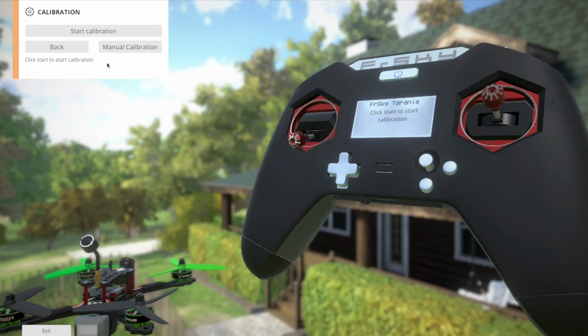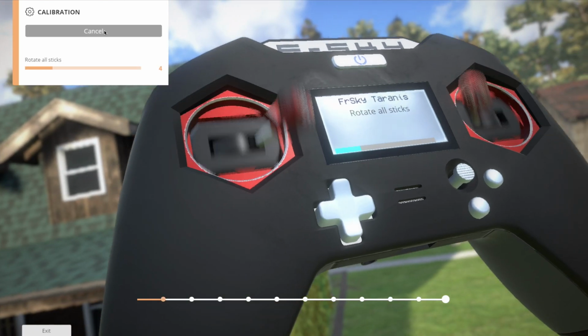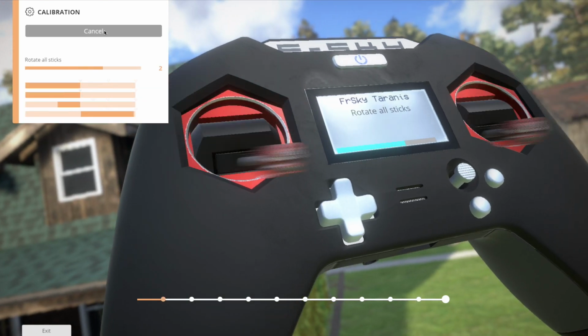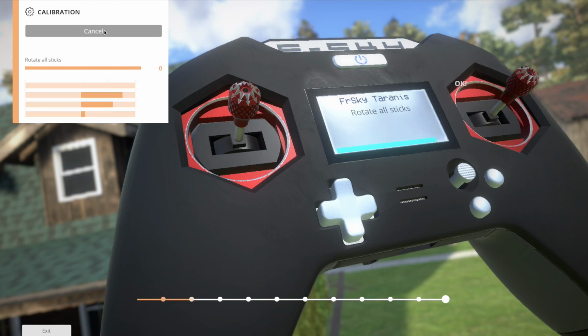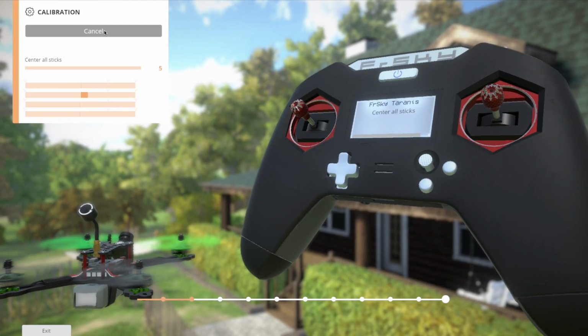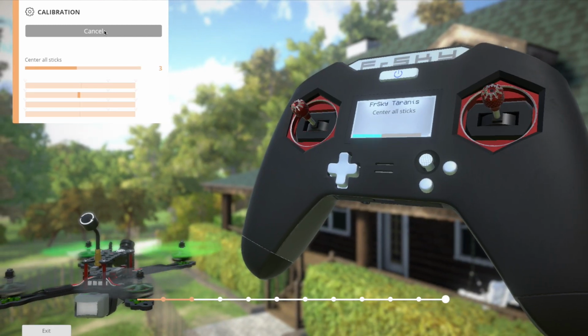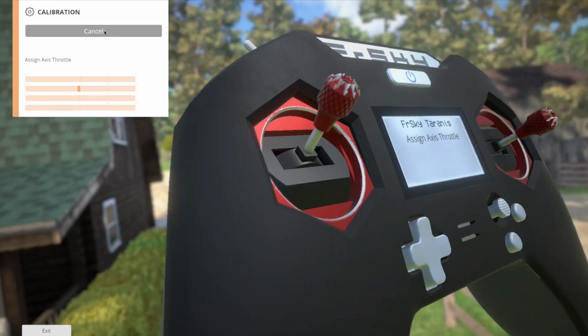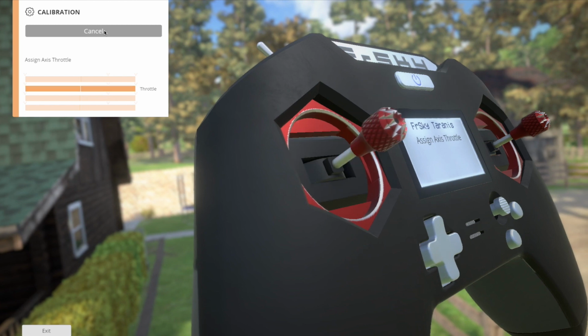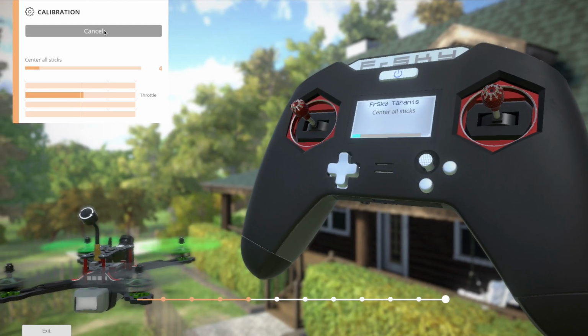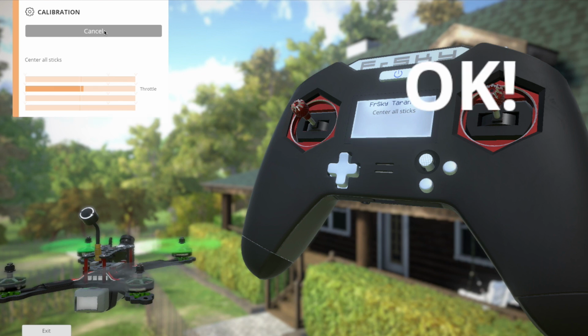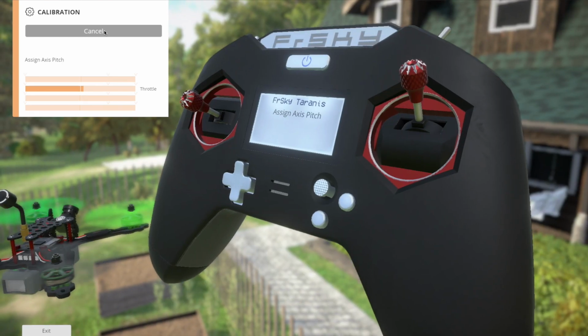So at this point, you can then go to Controls. Let's go ahead and start the calibration. I'm going to rotate all sticks around like that. Okay, and center them. Then we assign the throttle. I'm going to move the throttle up, and whatever channel you have it on your radio, it'll figure out which one it is and assign it to the controller in the game.